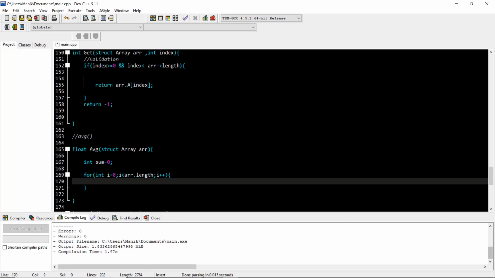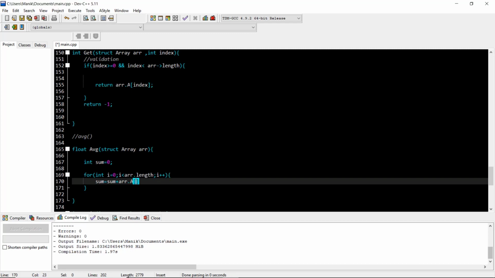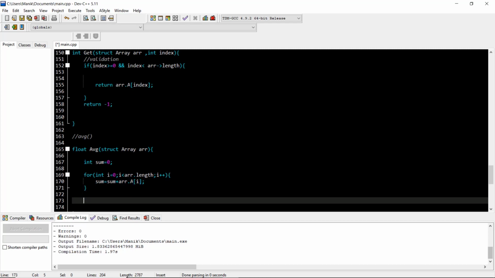So do the sum operation. Sum is equal to sum plus arr dot A of i. Okay, and then return what?